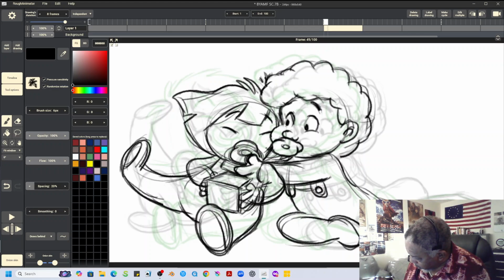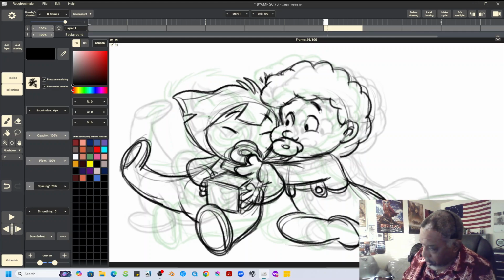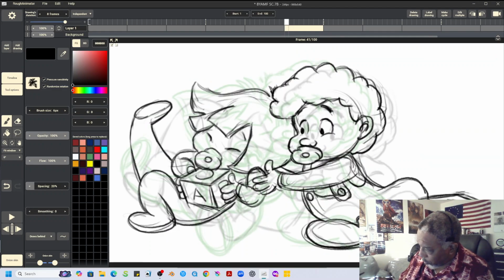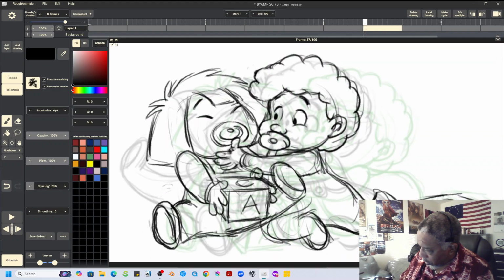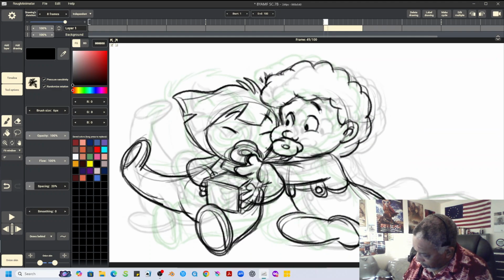Something like that, maybe. Right? He's kind of pushing that way. So he's going from here, there, there. Okay, it looks like this arm actually probably needs to be in front of